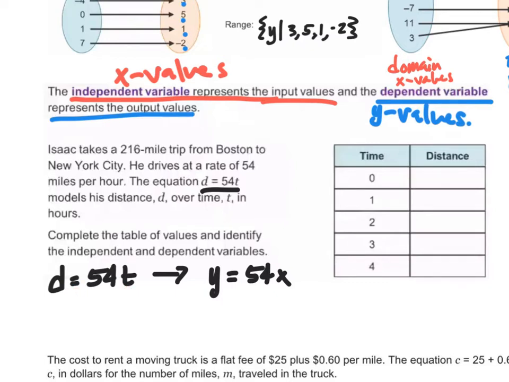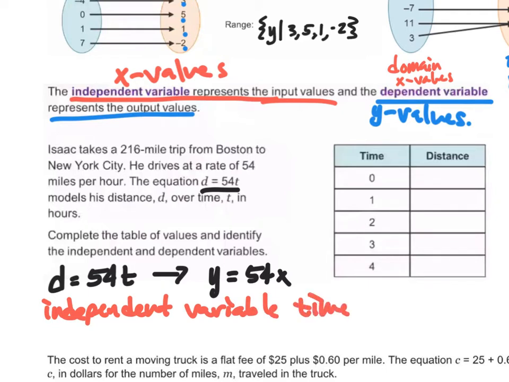Now, here's the thing. When you drive in a car, if you're traveling at a constant speed of 54 miles an hour, which is this value right here, then your distance depends on how long you travel for. At those different time values, we can go a certain distance. Because we've identified t as x, I know that my independent variable is time, and my dependent variable